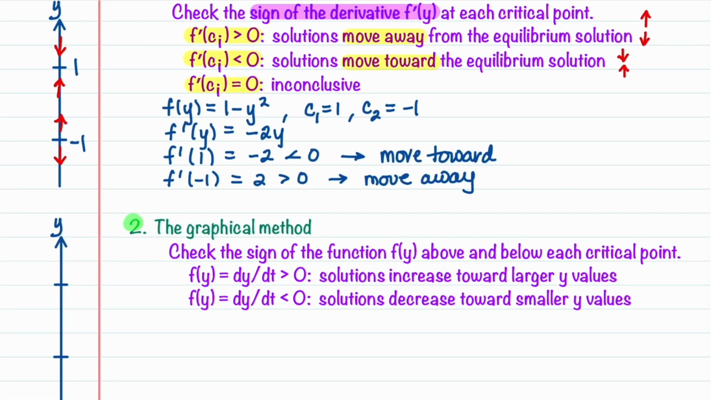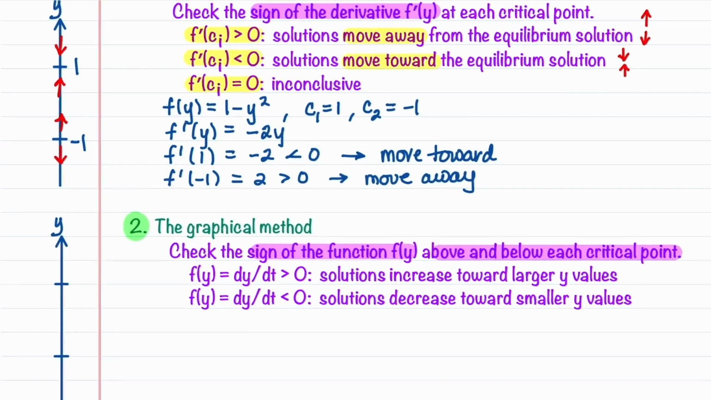Now let's go over the second method. We wouldn't need that method for this example, but we are going to need it for other examples. This is called the graphical method. In this method, what we're going to do is check the sign of the function f, not the derivative this time, just f. And we're not going to check it at the critical points because at the critical points it's equal to 0. So what we're going to do is check it above and below each